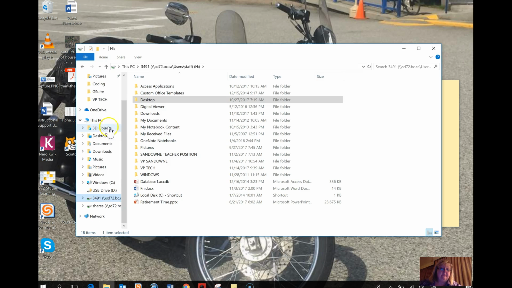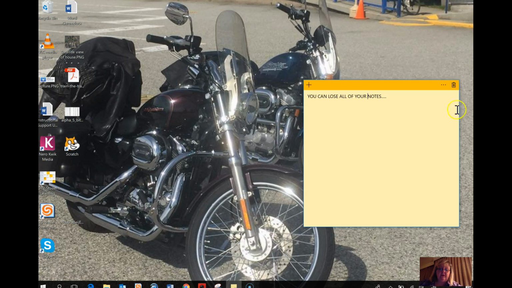Everything else this is all considered my C drive. So the C drive is this actual machine itself right here, and anything that I have on here, if it's my sticky notes, I've got some other images and some documents here. All of this, if I need to get my machine reimaged one more time, it's gone. So just to help you know that, so you don't lose anything important,